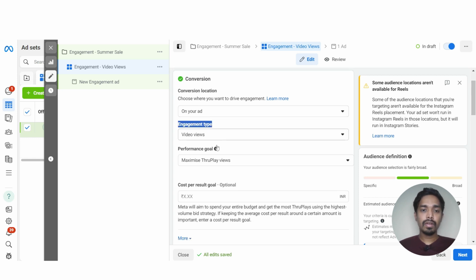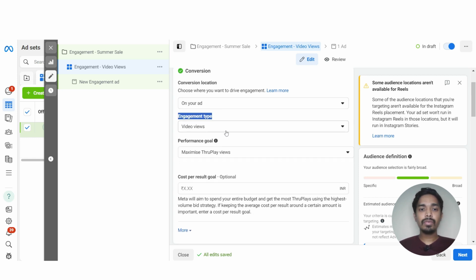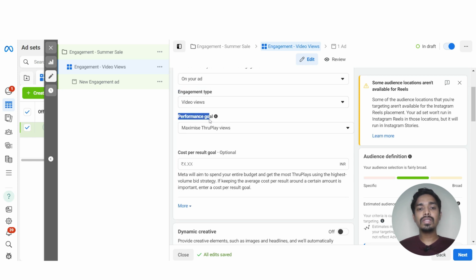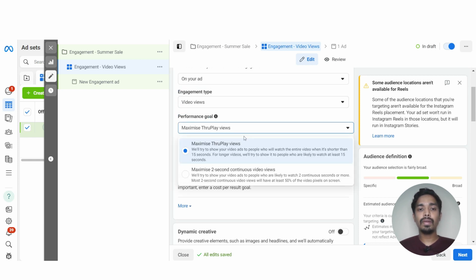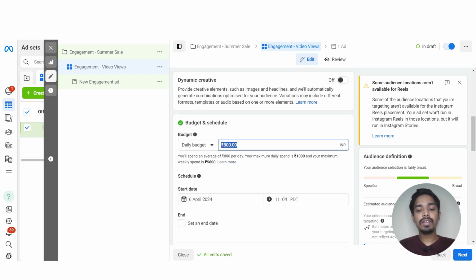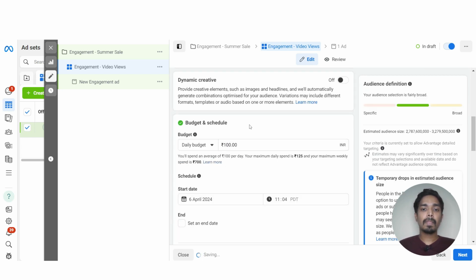Here the engagement type is video views, and our performance goal is selected as maximize ThruPlay. In the performance goal we have two options: either we want a maximum number of 2-second continuous video views, or we want 15-second video views. I am selecting 15-second video views. Select the daily budget. I am selecting the daily budget as 100, and